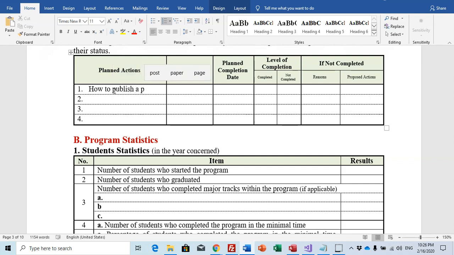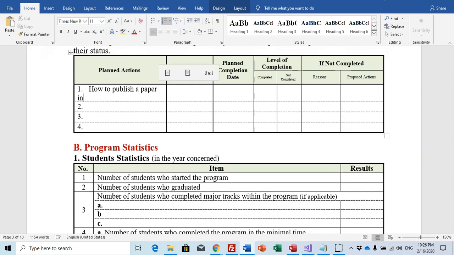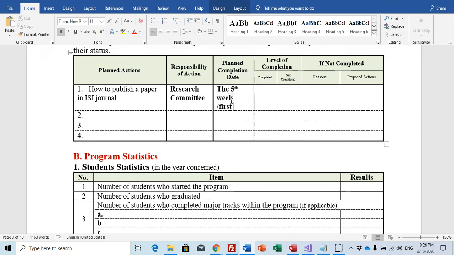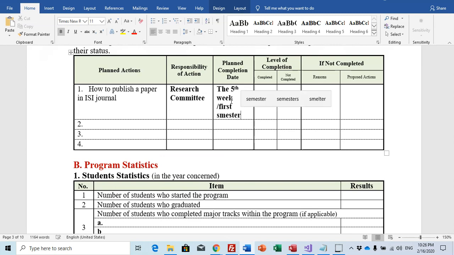Responsibility, for example, the research committee in your department. The planned completion date, for example, the 5th week, 1st semester.